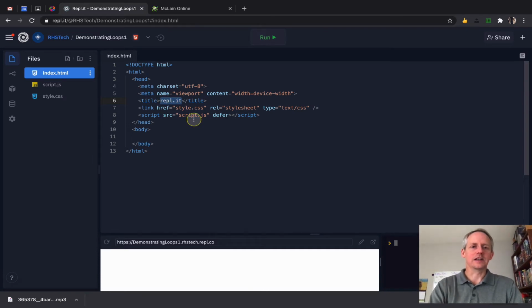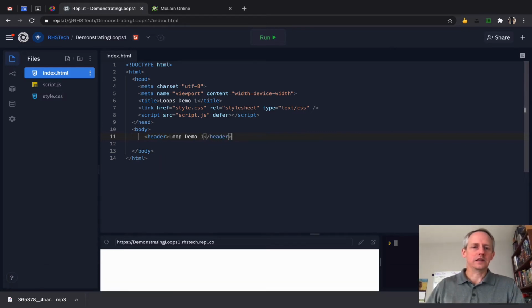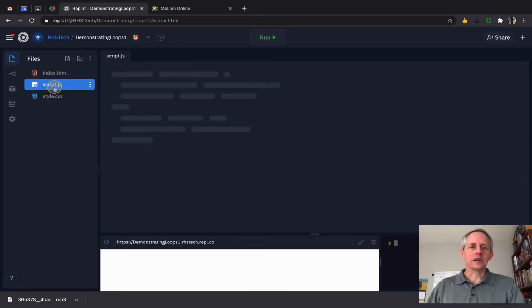I'm going to change that title to loops demo 1. I'm going to go ahead and put in a header of loop demo 1. And that's really all that I need, because the rest of this I'm going to do either in the console or in alerts and such. So I can come on over to script.js,